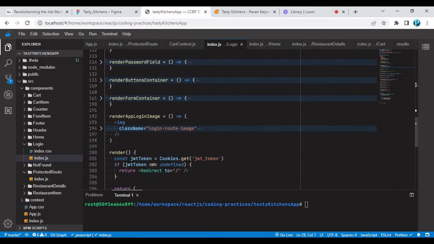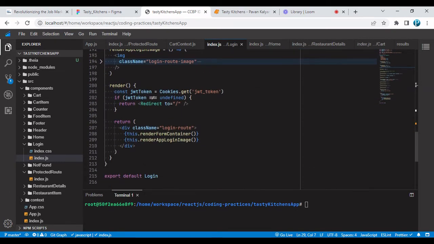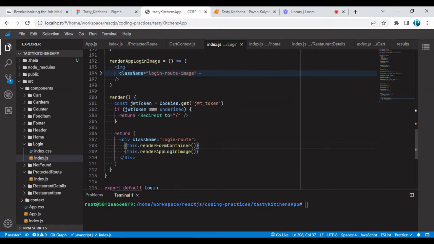Let's go to the route render method. Here it first checks whether a user is logged in or not. If a user is already logged in, then they will be redirected to the home page without the need for logging in again. If not, it will display the login page. Here are the different methods. Let's go through the